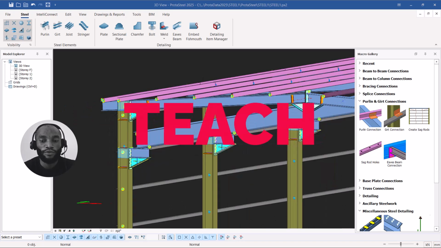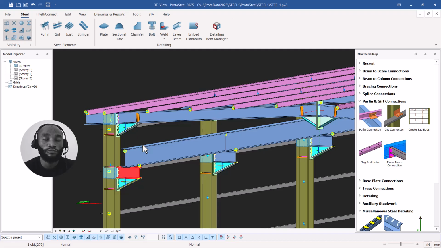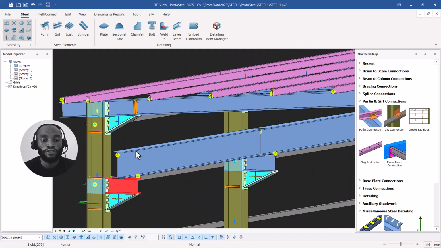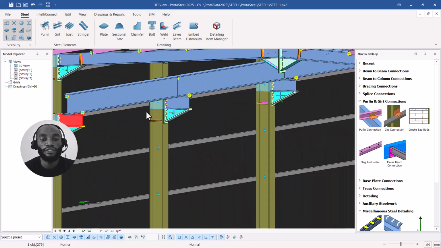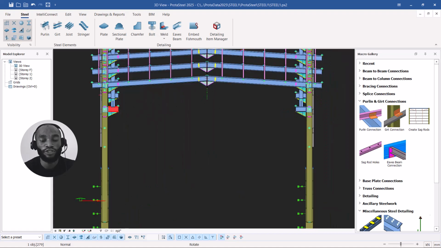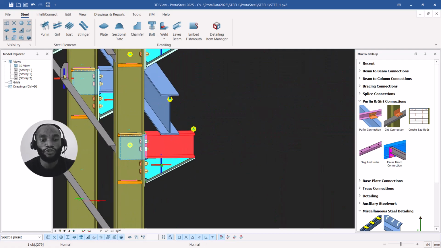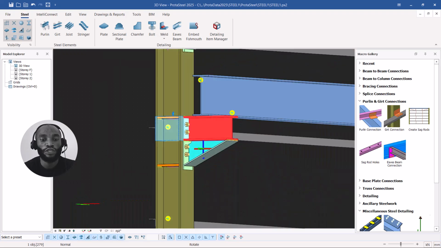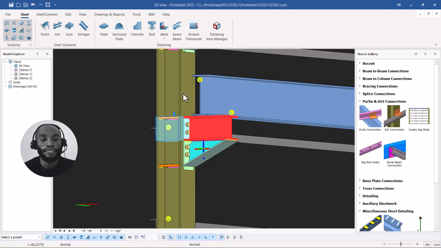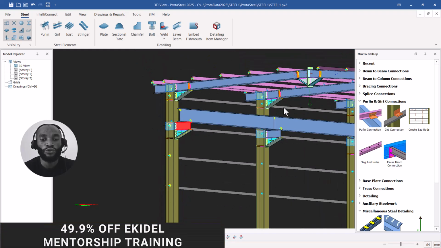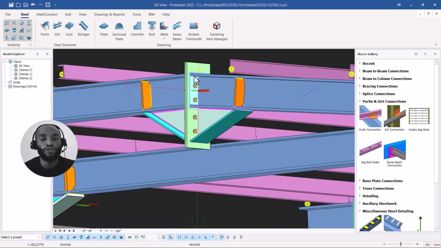Hello, in this video I'll be showing you a steel connection using Prota Steel 2025. I am using Prota Steel 2025 to perform the steel connection for this steel pump shed, which you can see here. Now I'll be showing you how to perform a steel connection between the corbel of a gantry crane and the column connection, and also between the two rafters where we are going to use a haunch connection because of the